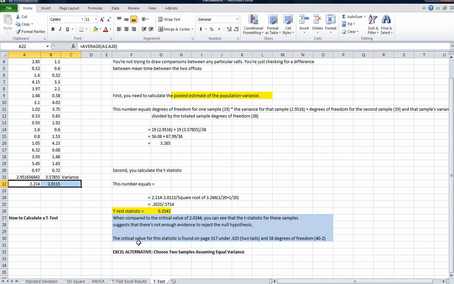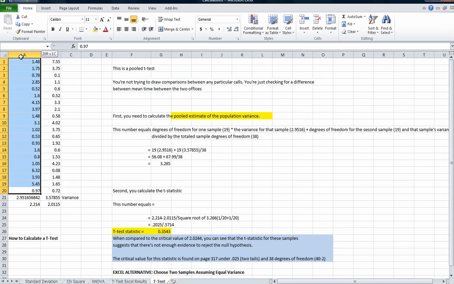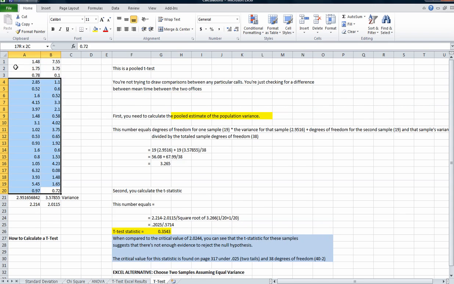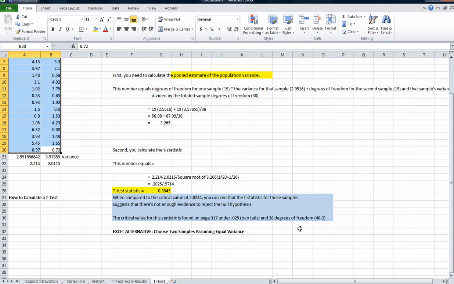So you get 0.025, which is on the left-hand side of the page on 317, and you go down to the degrees of freedom, which in this case is 40 minus 2. For each of these samples, it's 20, and you would take away 1. So you pool those, and you have a total of 40 data points, minus 2 is 38 degrees of freedom. So if you travel down the page to 38,